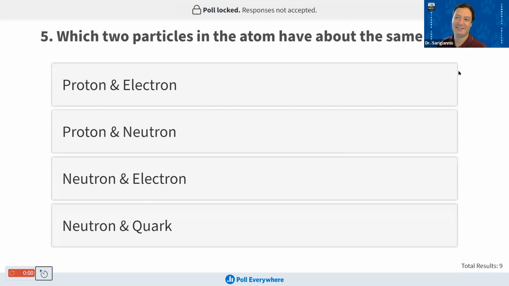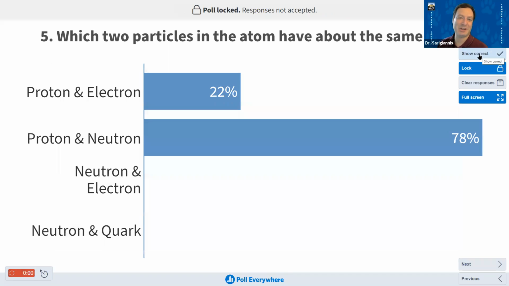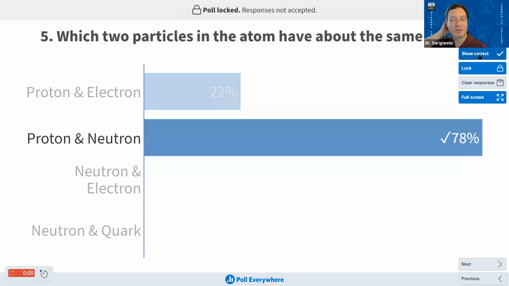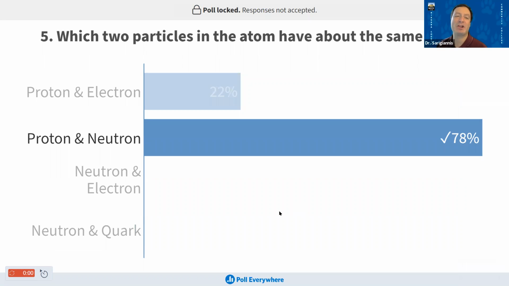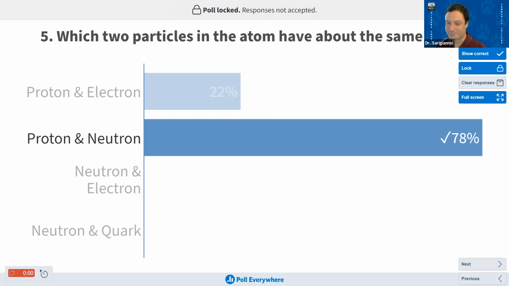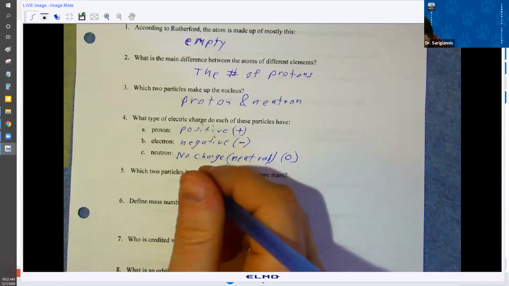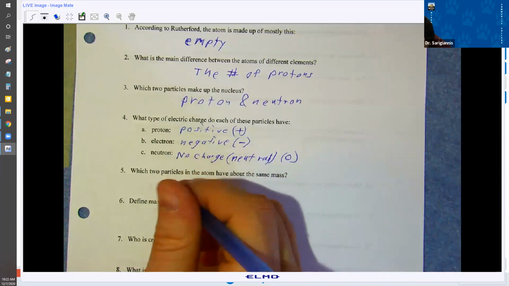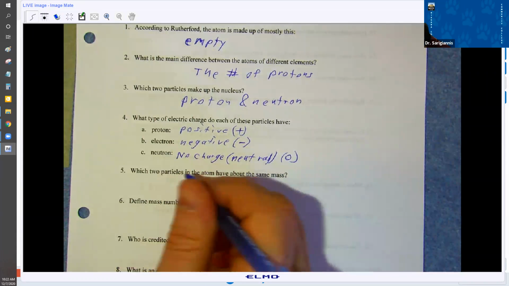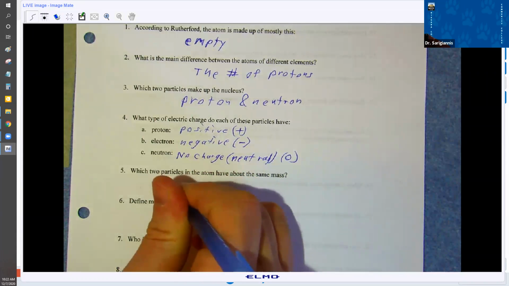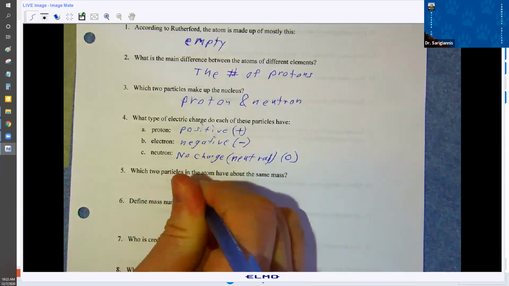All right, so what's the answer here? Oh, let me show the responses. Proton and neutron, yes. Remember, the proton and neutron make up the nucleus, and they have approximately the same mass. Thus, when we talk about isotopes, we talk about the number of neutrons varying. So the neutron